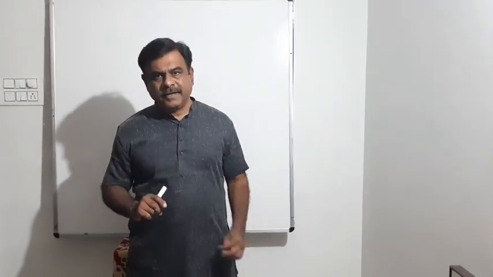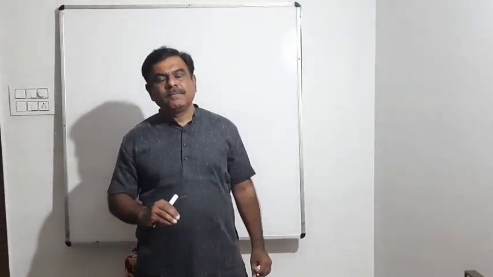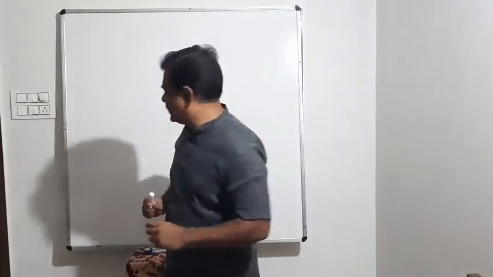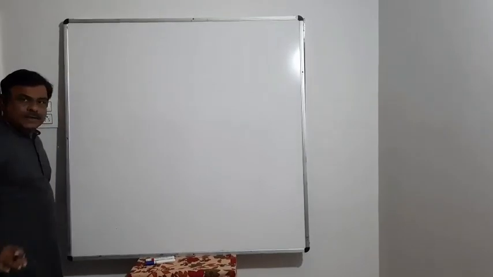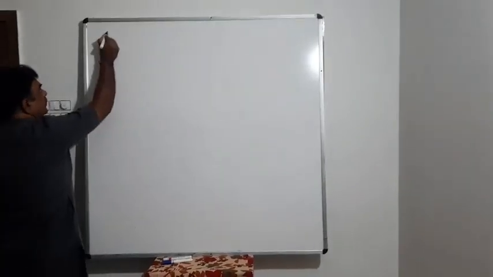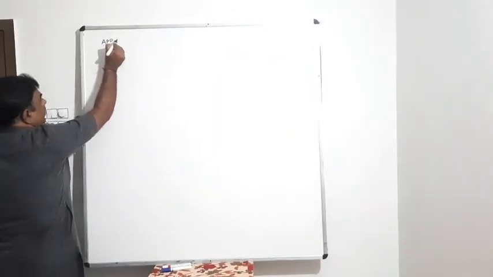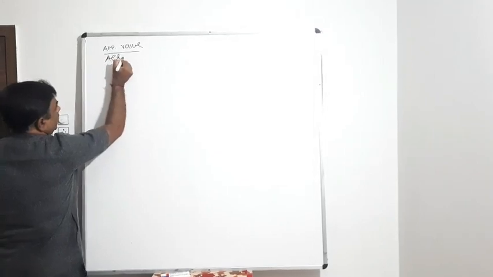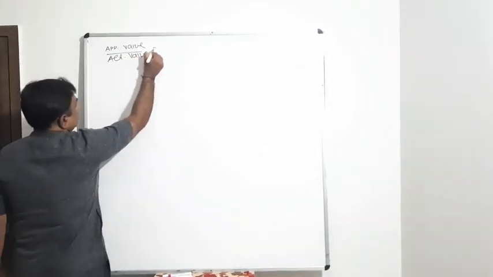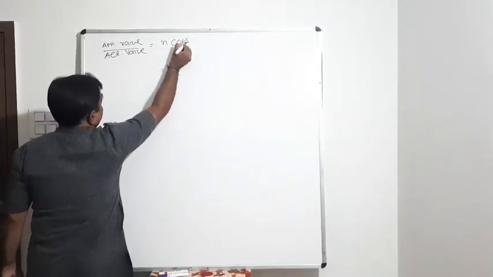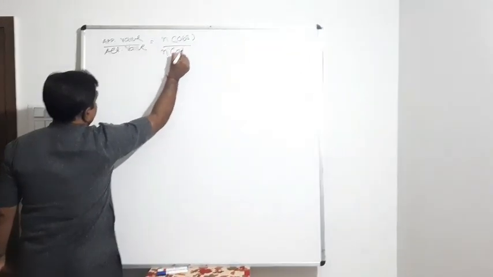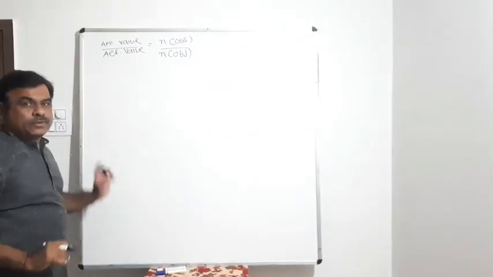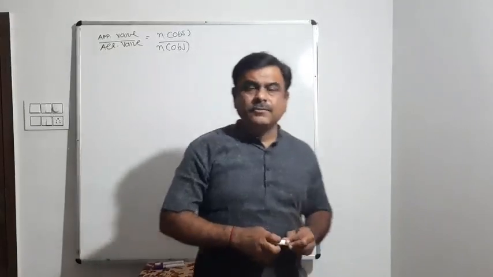In the last lecture we ended with lateral shift and change in height and depth with reflection. One more point I'll complete before I give you an assignment for this. Prior to starting further, what we have ended with: apparent value by actual value is equal to n of observer by n of object. And I told you this is going to be a useful formula for lots of MCQ and numerical.